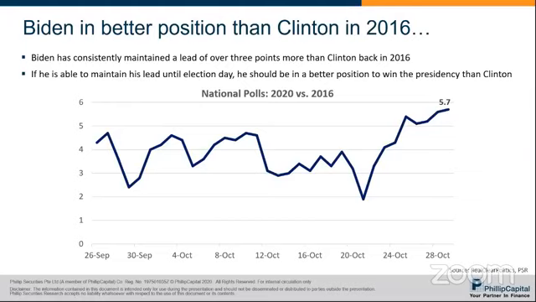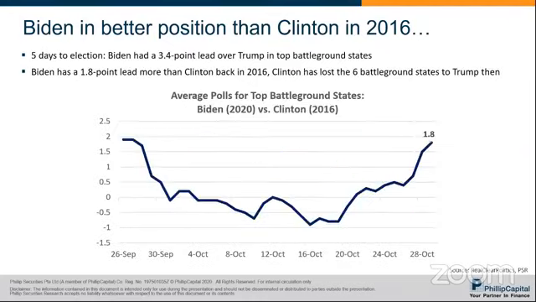For Biden's case, we do not see such a scandal. Of course, there is a scandal regarding his son's involvement with Ukraine, right? But from what we see in the polls, it doesn't really have that huge an impact on his polls yet. So that said, Biden is in a better position to win the presidency as compared to Clinton.